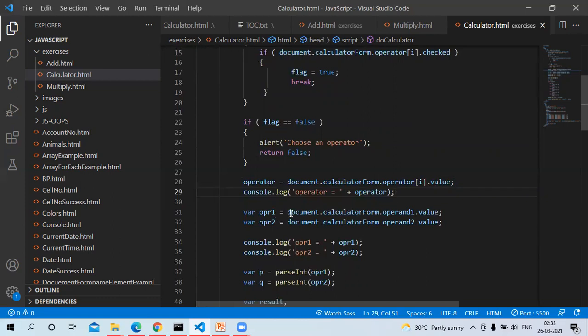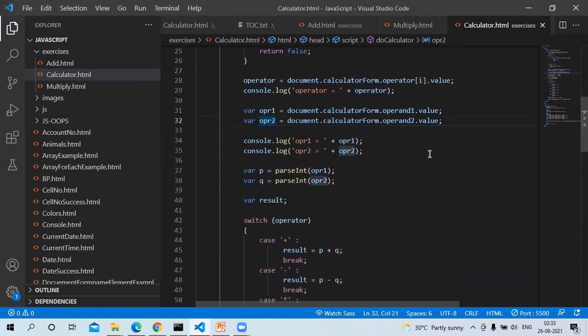Okay, then we are reading the value of operand 1 and operand 2 here, and we are using a temporary variable OPR1 and OPR2 here, and the values of OPR1 and OPR2 are logged to the console by using this console.log, and then the OPR1, OPR2 value is converted into the integers P and Q. Then the result is stored in this variable called as result.